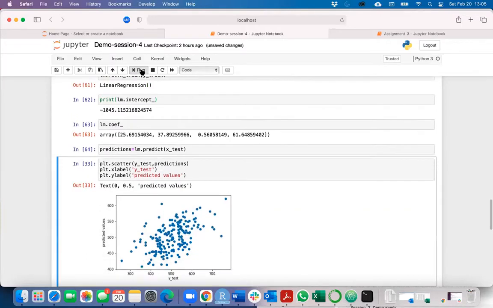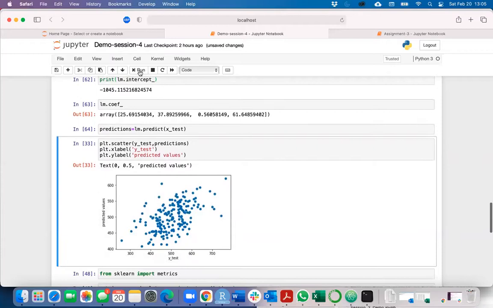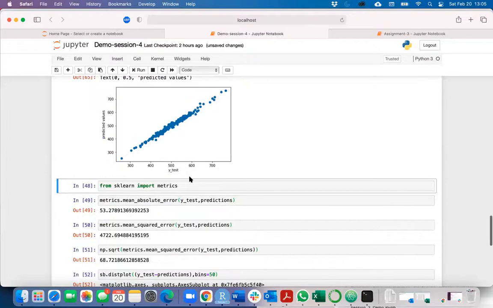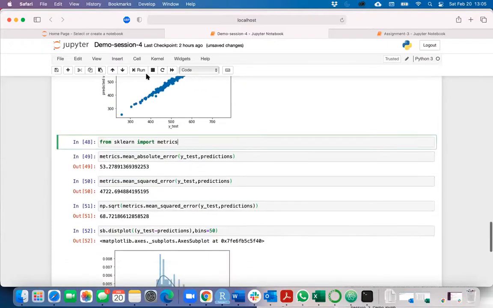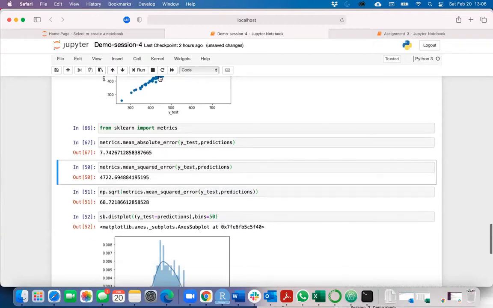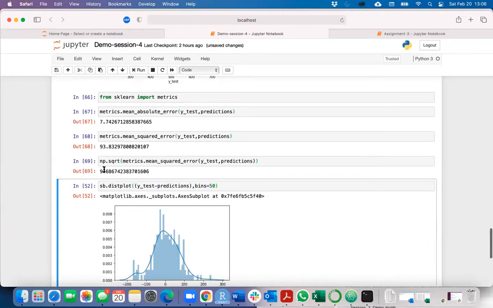Now let's look at how the values turn out. If we take all these 4 variables, this is the predictions versus the test graph. Now let's look at the absolute error: very little error when we predict. The mean squared error and root mean squared error are almost 10, which is great. So in this case,